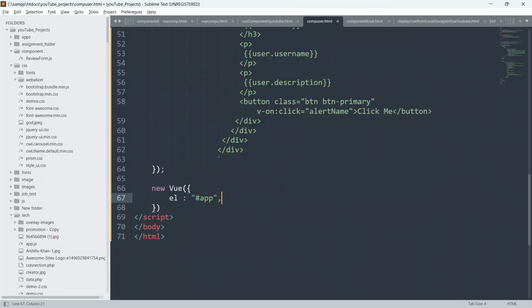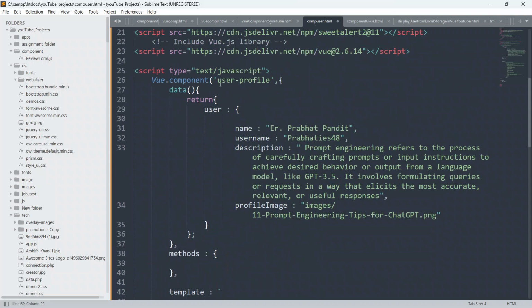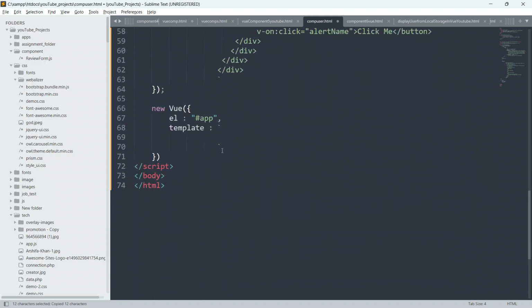And put a comma, and we will also create a template here. We will define backticks, and inside these backticks we will define our custom template, this user profile custom template.